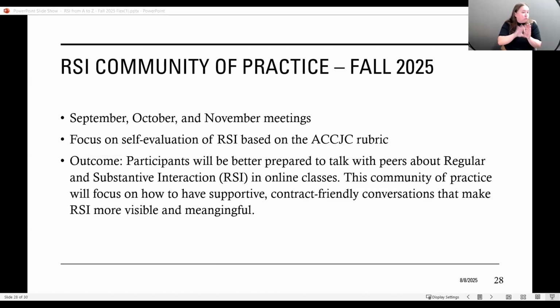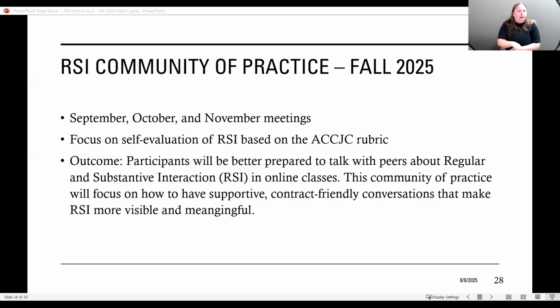Okay, so looking at a course that you've taught or that you're teaching and doing a self-evaluation. One of the problems with our peer evaluation system setup is that in the contract, when we are evaluating our colleagues' online courses, we are only allowed to look at one single week of what they do in the course, and that just doesn't show if you're doing RSI or not. It really has to be something that you can see and verify week after week after week they're doing these practices.